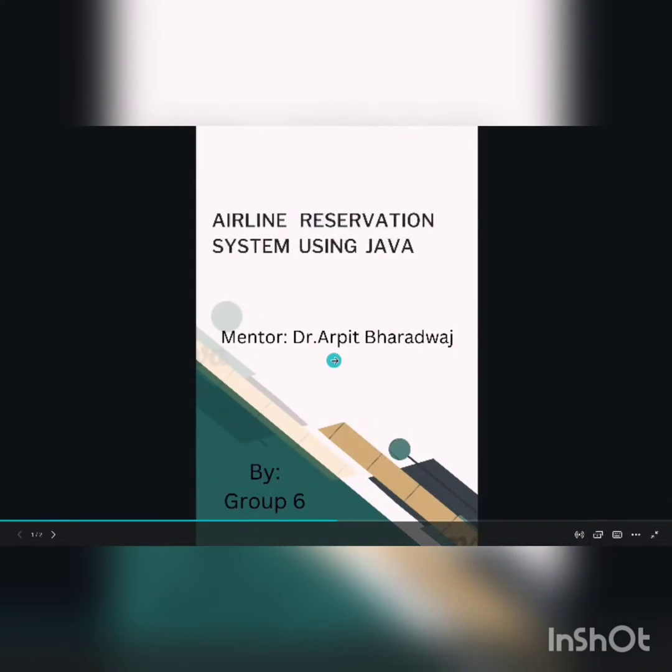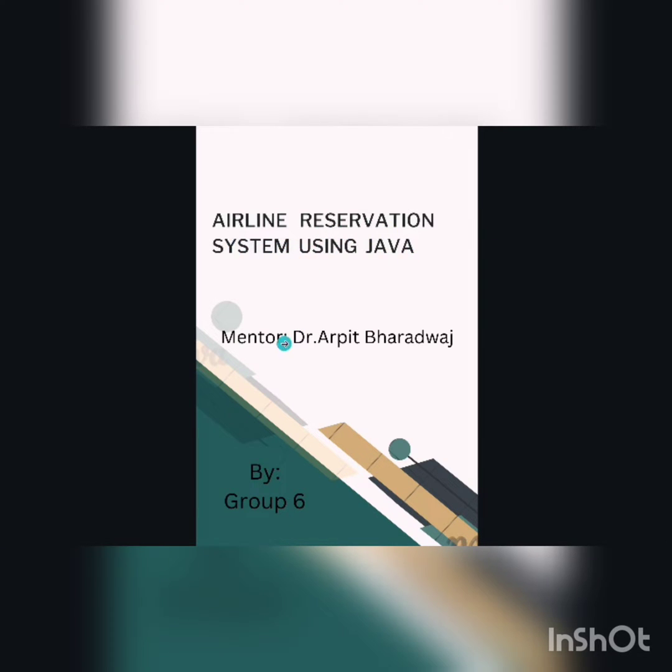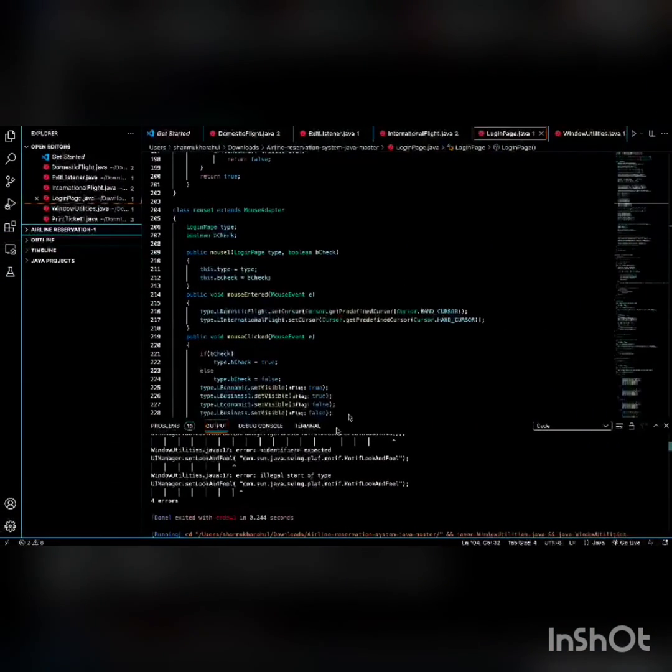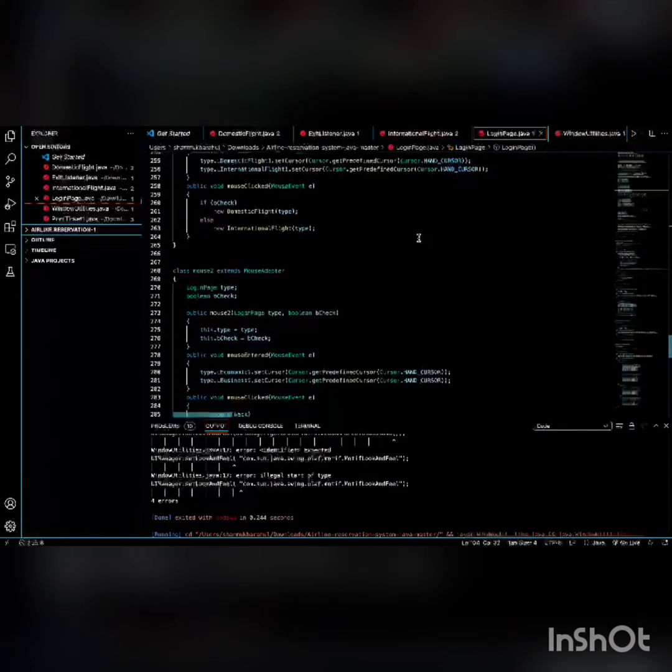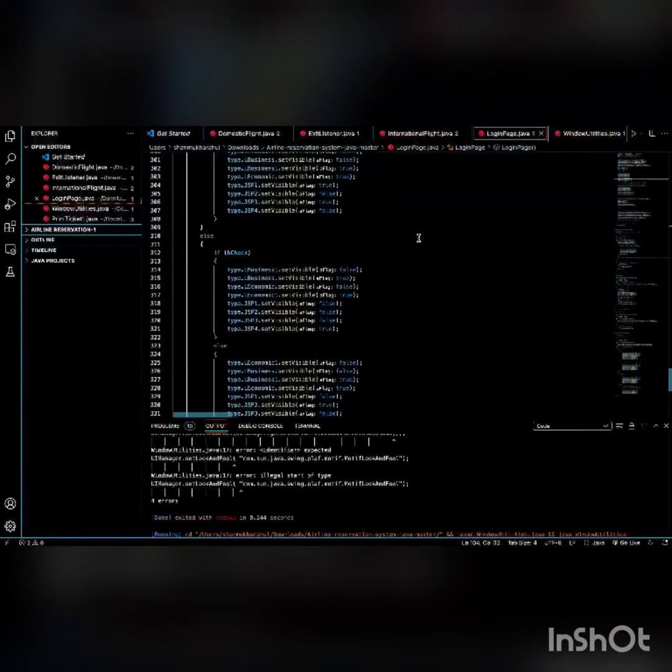We are from group number 6. Our project is Airline Reservation System using Java. This project is being given by Dr. Arpit Bharatwaj. You can see our code where we have a login page, a domestic international page on separate fonts,